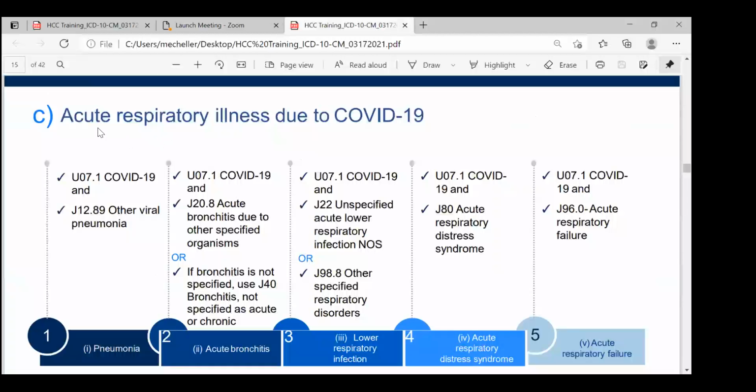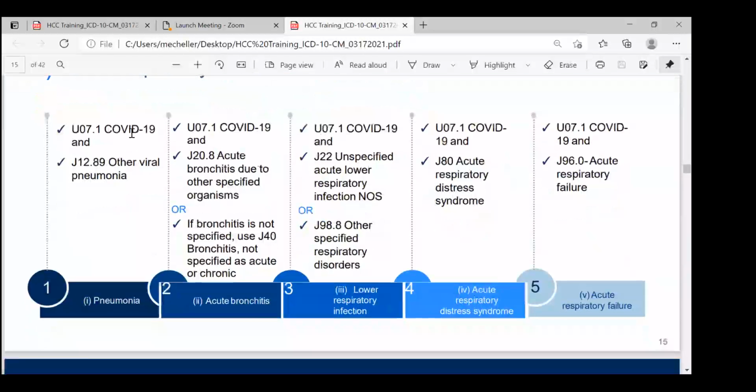So here on this chart, we're showing acute respiratory illnesses due to COVID-19. So we talked about the U07.1 for COVID-19, and below there, you'll see that these are all the additional respiratory conditions that we're associating. So here's pneumonia, and you can see our COVID diagnoses with pneumonia, ICD-10 J12.89 that's being added as a secondary diagnosis. We're also looking at,